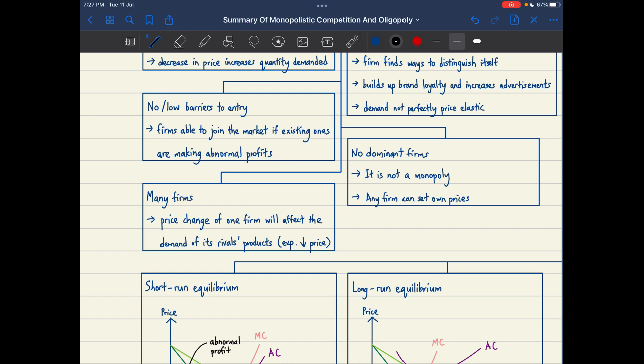It's not like there's only one firm that has the most market share for this particular product, for example. So people would end up just switching between brands if they decide that maybe the price is a concern for them. Or if it's brand loyalty, then maybe they will consider staying with that brand. But it also depends on many factors. For monopolistic competition, that's why it's a mixture between perfect competition and monopoly, because